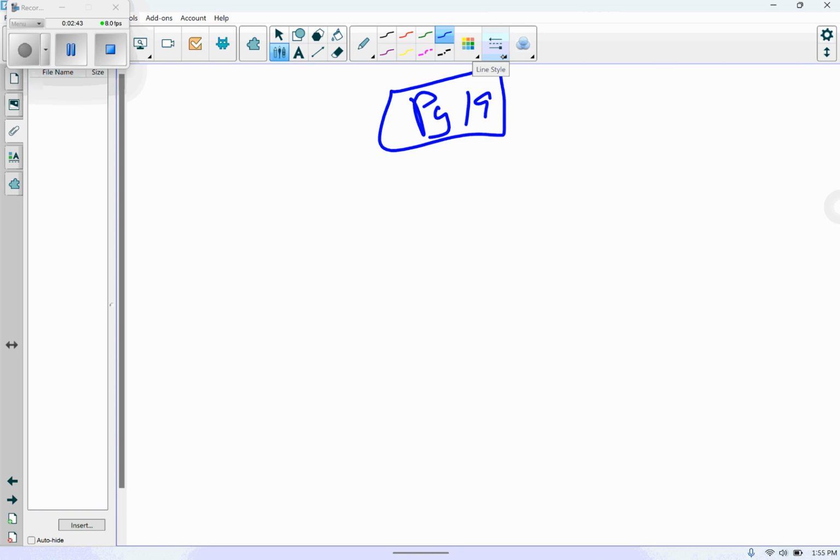So I go from this to this to this to, and then that's